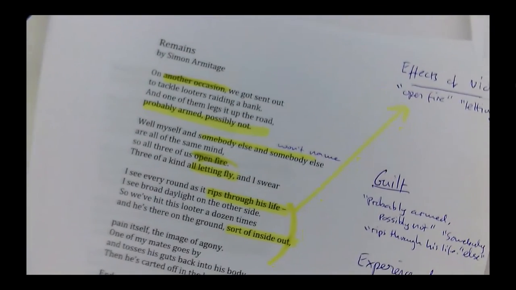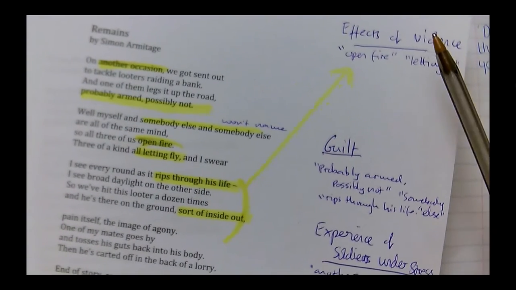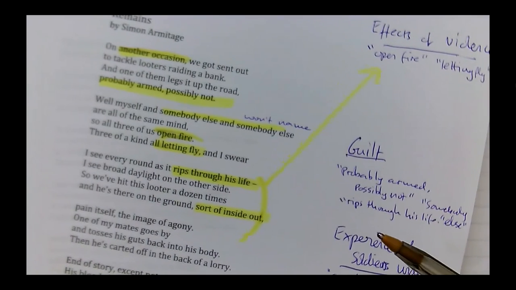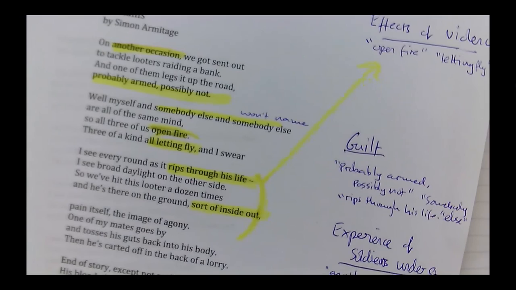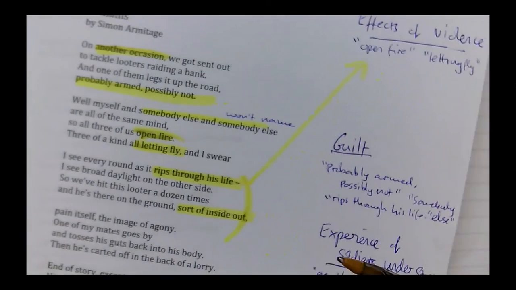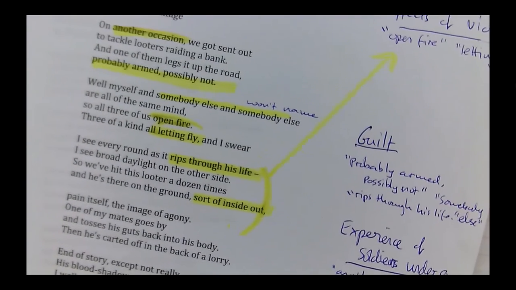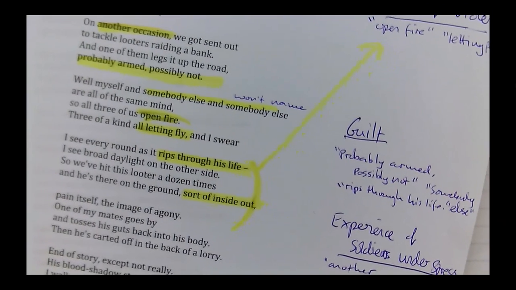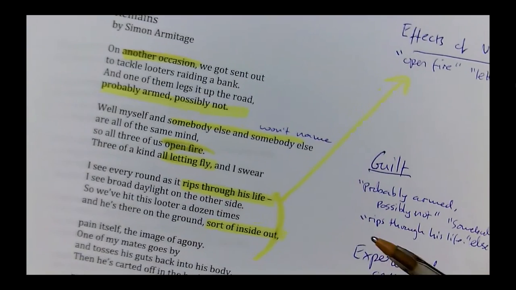And by going through it this way, by linking these words, these phrases, to my quotes, my quotations, I'm beginning to see how this poem is built on a series of ideas, and how the story keeps returning to these ideas. And then when I have to write about this poem, I can build my answer around these big ideas. And that makes for a really convincing and confident answer. And that really does make the difference. So, having seen what I've done, it's now time for you to go through the rest of the poem.